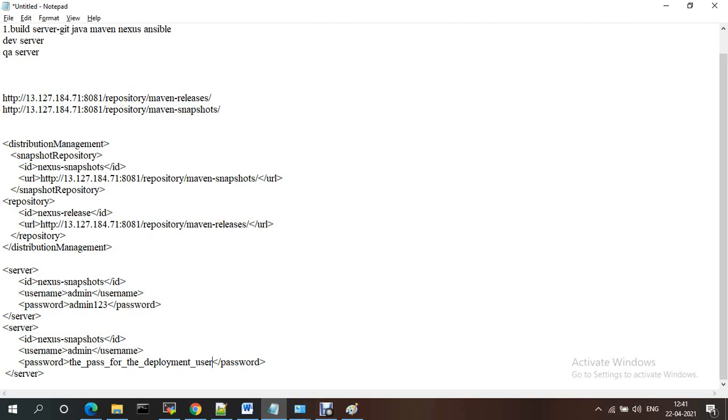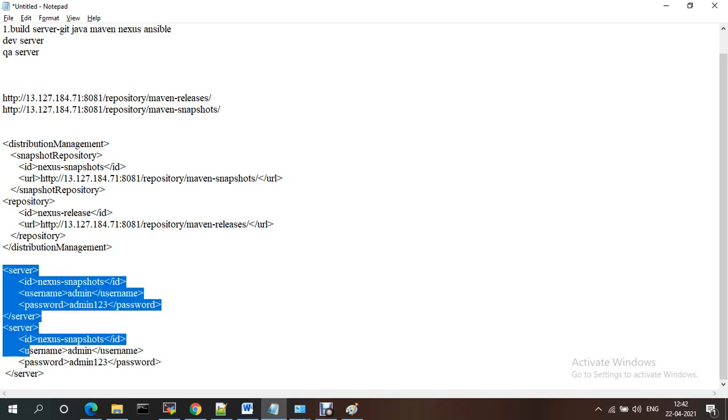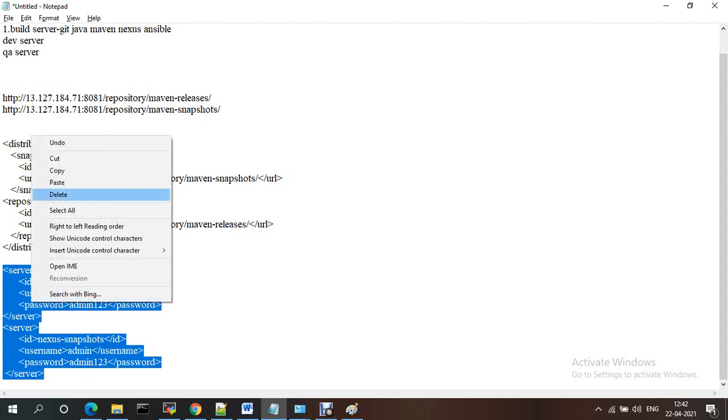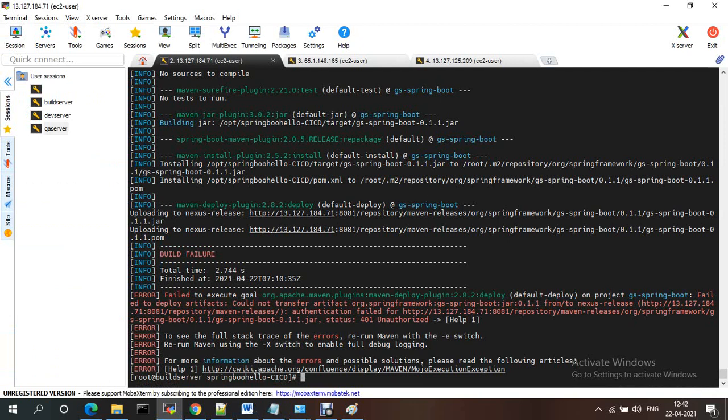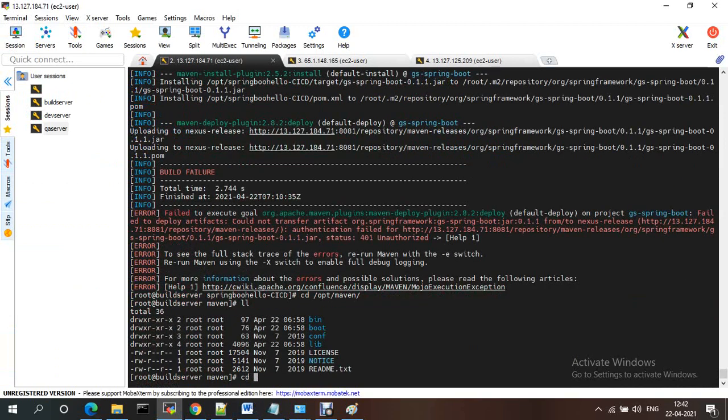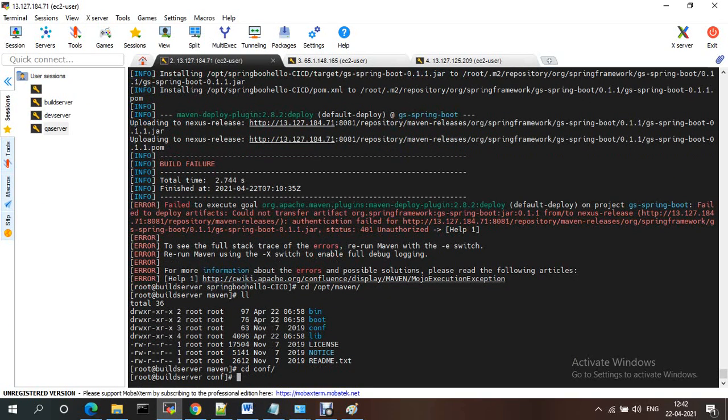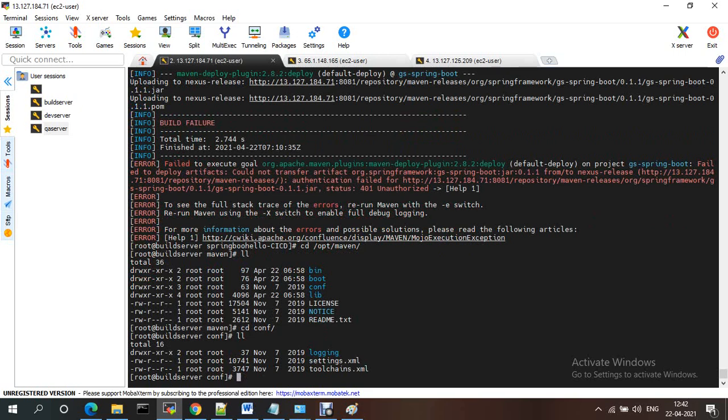If you give only release, it should go to releases. If you give snapshot, it should go to the snapshots one. So for that I'm giving this username for two different URLs. The settings.xml should be available under the Maven config location. Under Maven it should be conf, and under configuration there is a settings.xml.